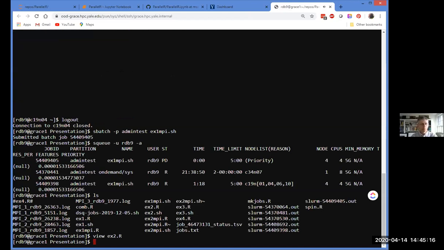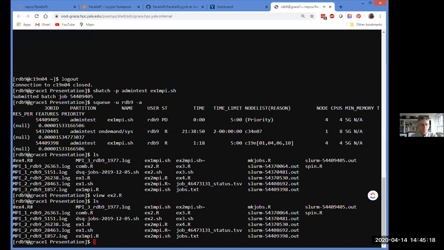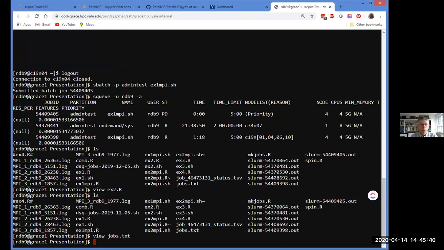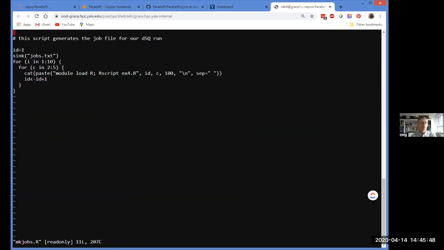Again, we have this as an example. So here's an example job script that has 40 lines in it. And you can see I'm basically running just the same R script with different input parameters. Okay? So that's the first step. And I auto-generated that by this script. So this is a very simple R script that generates that file,